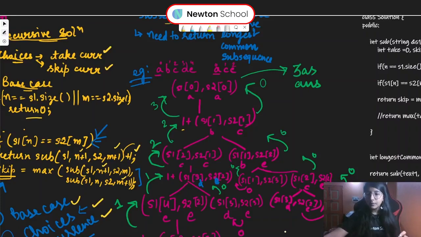So that's why at that position, we are having two cases: either we need to skip the string 1's character, or we are required to skip the string 2's character. So in that context, we'll further move ahead in this tree, and then we will directly check whichever is returning the maximum. In that scenario, we'll first go into the depth of the first condition, which means when we are skipping the first string's character,